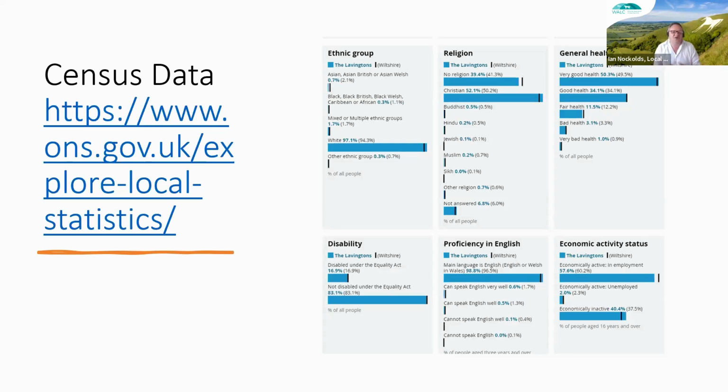This is free. Once you know where it is, it will take you seconds to create an analysis of how your community either compares to the county average or how it compares to other communities. If you think you have a community that's very similar to yours in terms of its size or its socioeconomic makeup, then this data can help really underpin what that looks like. It evidences it, and of course, by evidencing it, it gives us greater confidence that the decisions we're making are on the right track, basically.